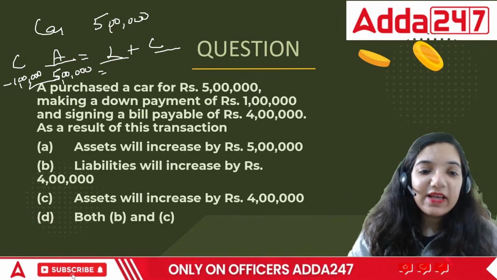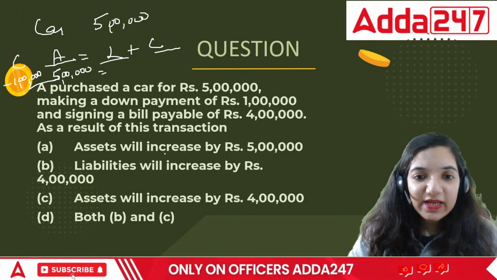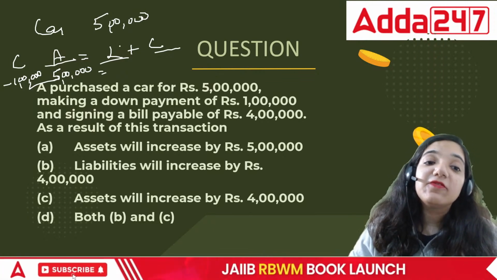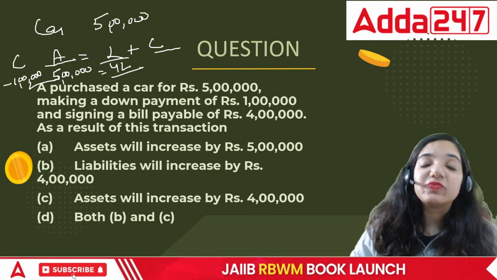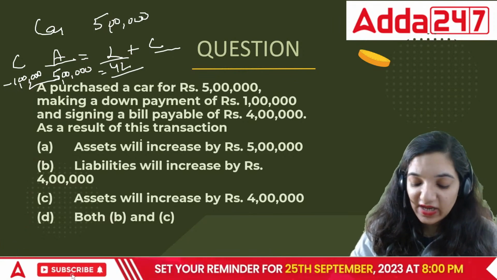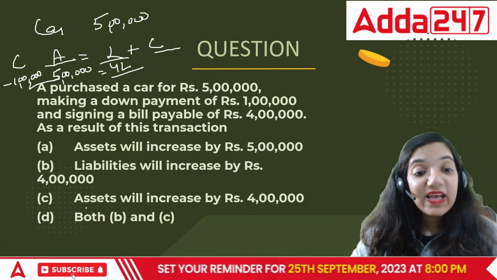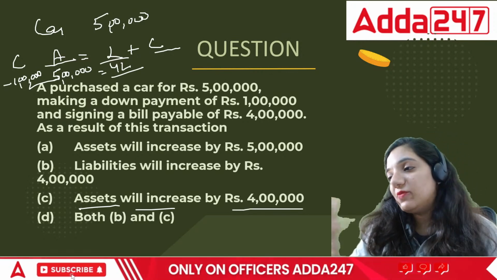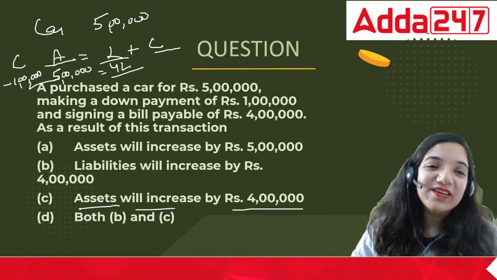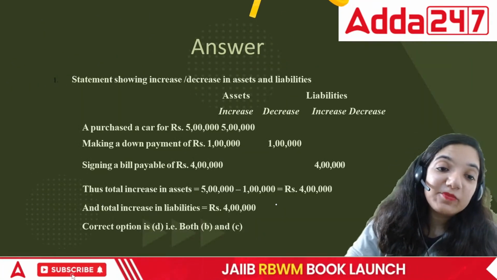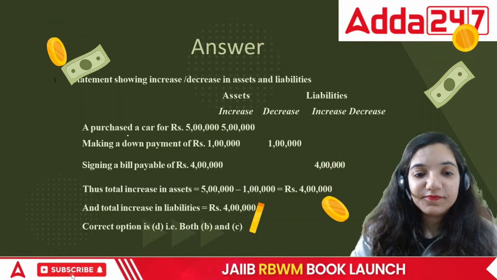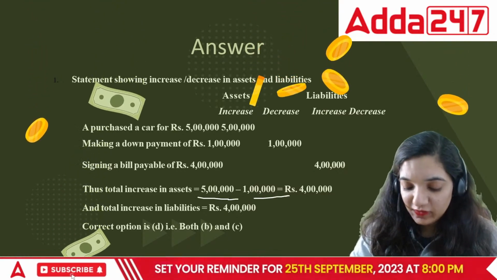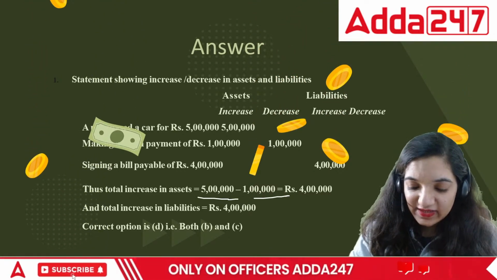While if I look at my liability side, I have got a burden to pay off, which is worth rupees 4 lakhs. So what's going to happen in this case? In this case, assets will increase by 4 lakh only, because to gain one asset, I also lost one asset too. Right? So in this case, this is based upon the balance sheet equation, everyone. 5 lakh minus 1 lakh is equal to 4 lakh. Then everyone,